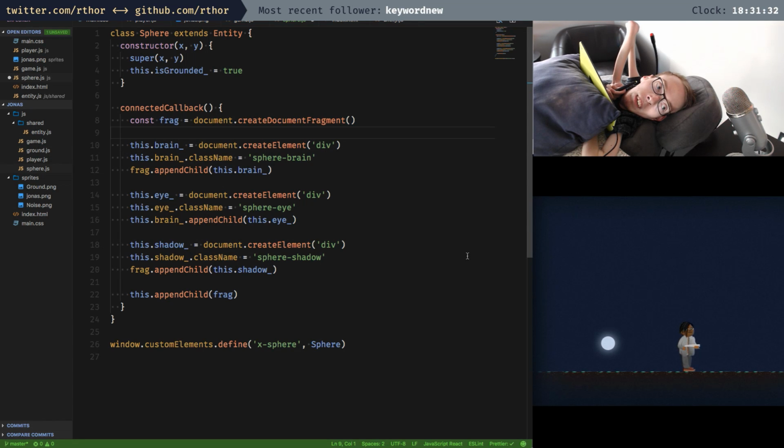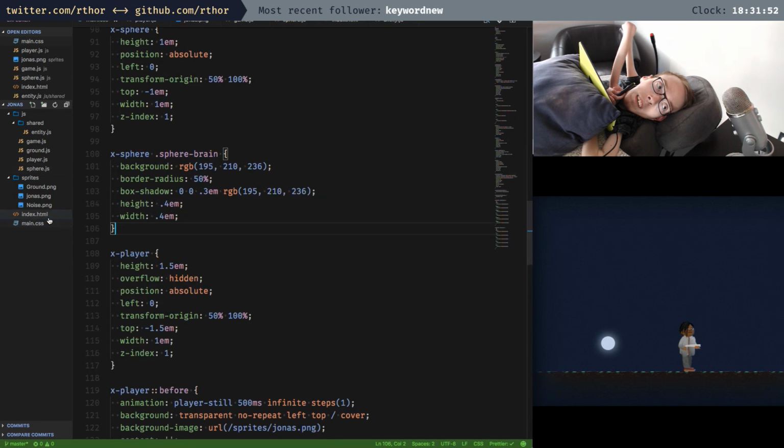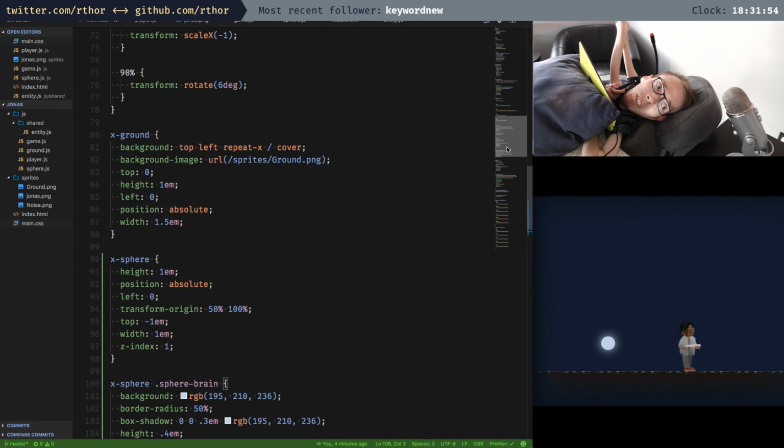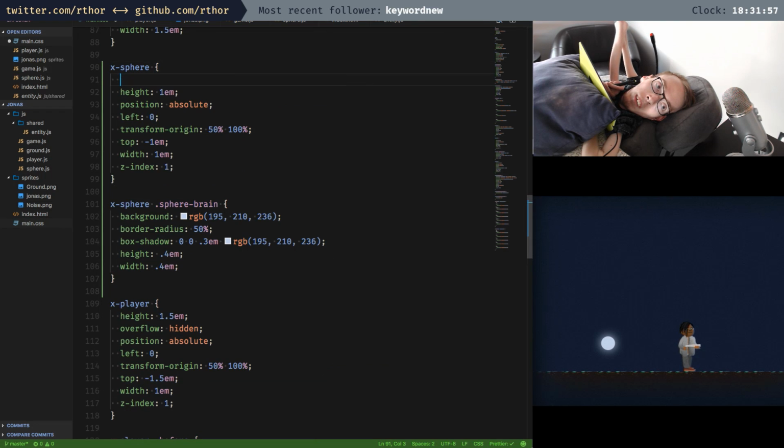Eye, sphere, shadow. I think we're good. I guess. And if we go and try to finish this off, so we're gonna do a... I think I'm just gonna do like black strokes for this. So I'm gonna bring back the outline just so we see what we're working with. So 2 pixels, solid, and